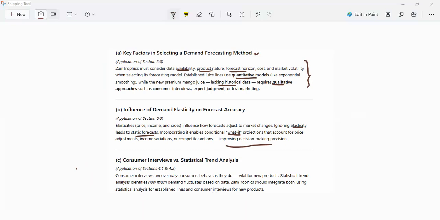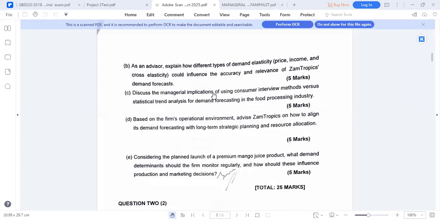Okay. So the question is based on which we discuss the managerial implications of using consumer interview methods versus statistical analysis. So what are the implications? So the consumer interviews will uncover why consumers behave the way they do. It is usually important for new products, whereas the other one will look at how much demand